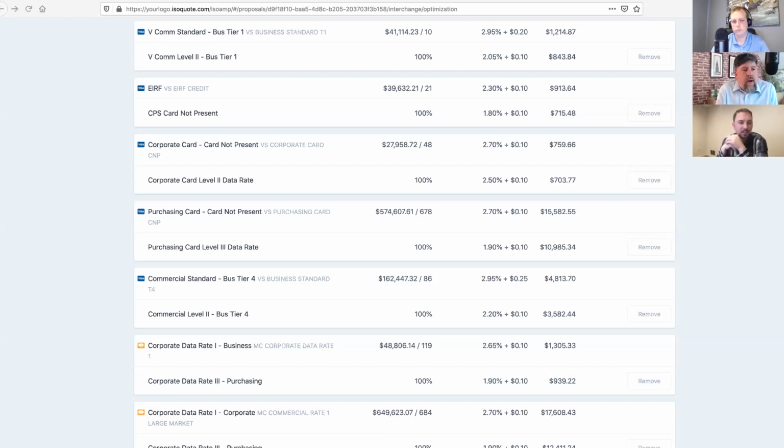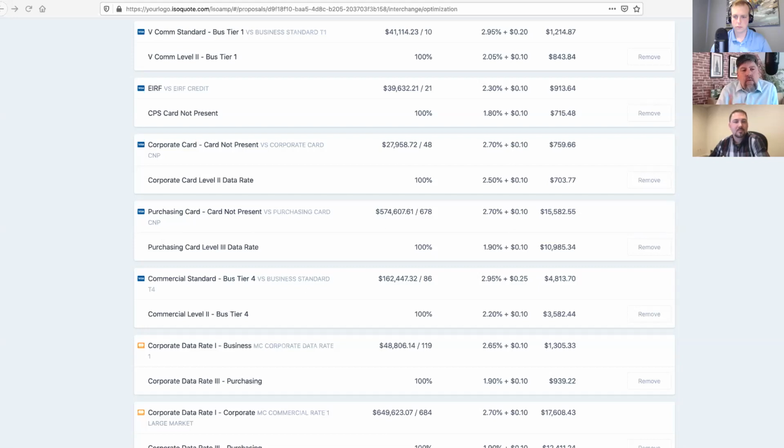Yeah, a couple things stand out here. So obviously right at the top, Visa commercial standard. I'll just tell you, anytime that you're looking at a statement and you see standard, I think you should be thinking James Shepard quote tool optimization, right? And so in this scenario, we're seeing one of the biggest spreads here, commercial standard 2.95, really should be coming in at, and I use should lightly, air quotes around that for those listening on the phone. The opportunity to move that to level 2 on the Visa side is 2.05. That's a 90-point spread, right? $800 worth of savings in this scenario.